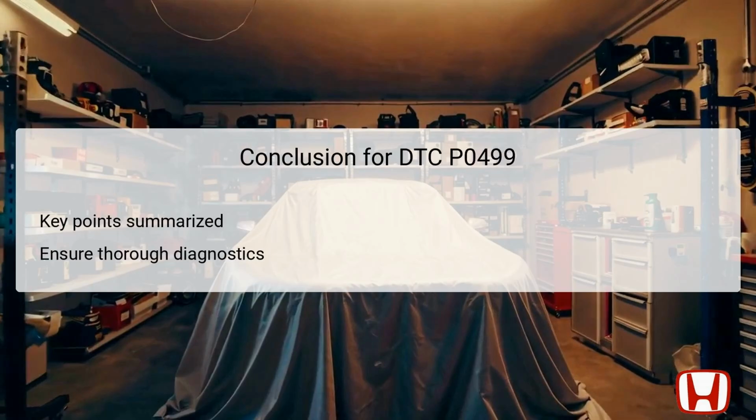In conclusion, troubleshooting DTC P0499 related to the EVAP canister vent shut valve circuit requires a structured approach to identify and rectify issues effectively. Understanding the roles of the EVAP system components and how they interact is fundamental in diagnosing the high voltage condition. Throughout the process, careful monitoring, connection checks, and ensuring updated module software are essential to a successful repair. Additionally, preventive maintenance strategies are critical in maintaining the long-term health of the EVAP system and preventing similar